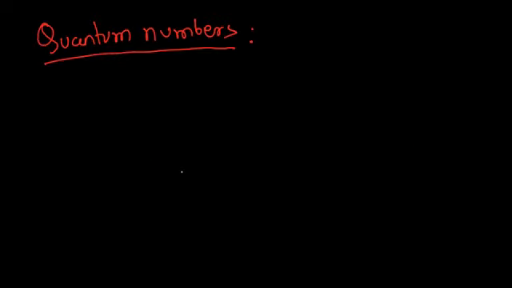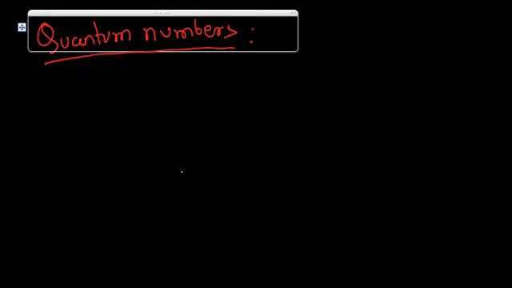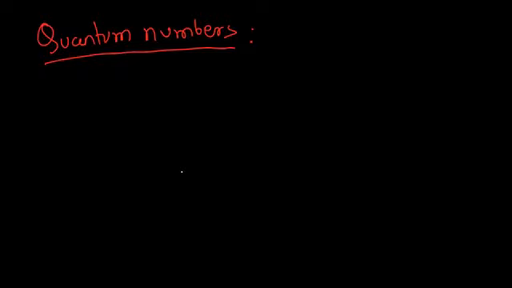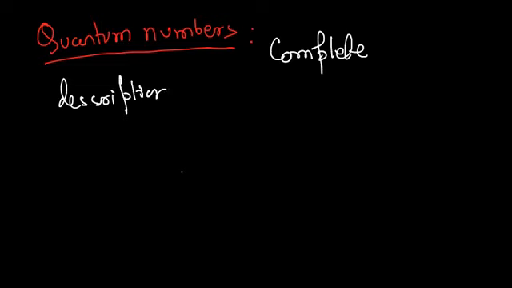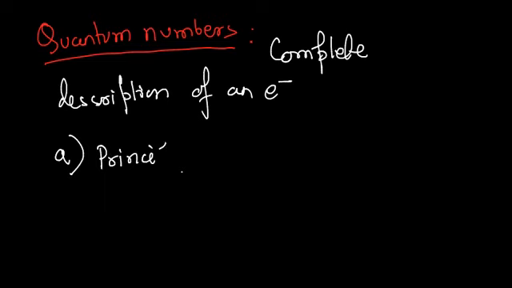Now, before beginning, let us see what a quantum number is. Quantum numbers are nothing but a set of tools which is used for complete description of an electron. That is, quantum numbers are nothing but numbers which provide complete description of an electron. These are four in number, namely 1, the principal quantum number,